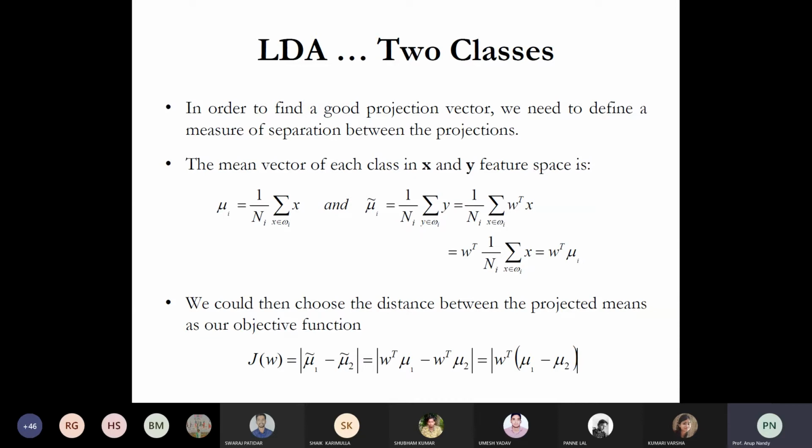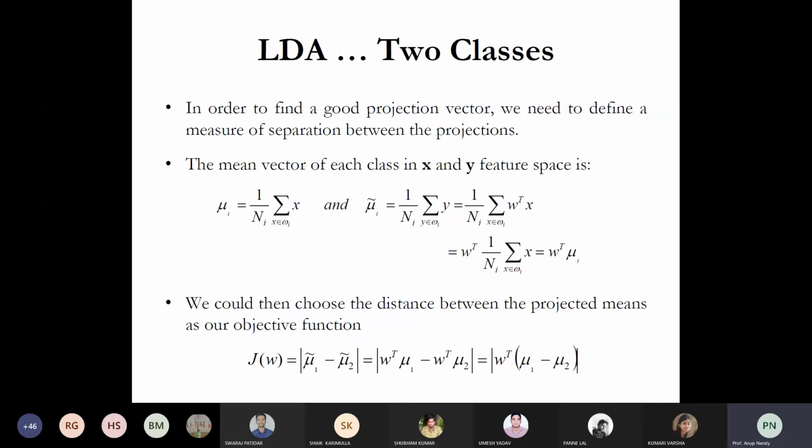And if you see that your data points are following a normal distribution, and there is a significant mean difference between these two regions, it means that the classes are well separated. Now how do you capture these well separated things? Because you need to find the distance between the projected means, and you have data points in 2D, you have to project them for computing these projected means.